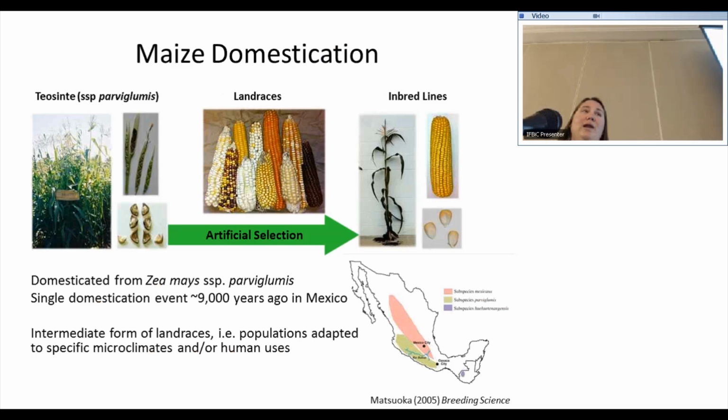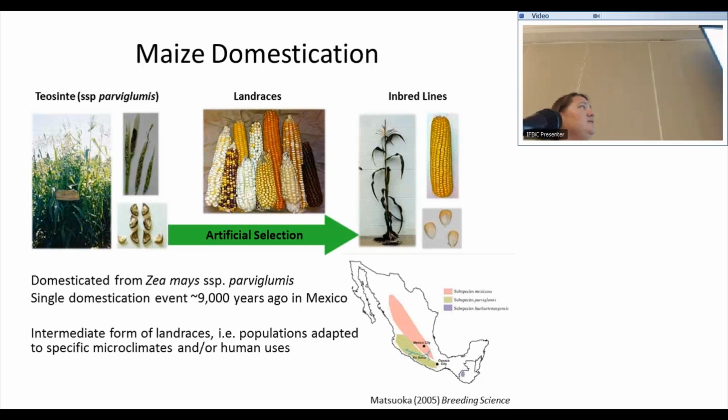Again, a weedy trait. Not only that, but the seed itself is very small and enclosed in a really hard fruit case. It's what they call a stony fruit case. And the only way that I open them up on a regular basis is with fingernail clippers. And I don't know how they did domestication without fingernail clippers 9,000 years ago. But 9,000 years ago, somehow, I wish I could go back in time and see how this happened, people were